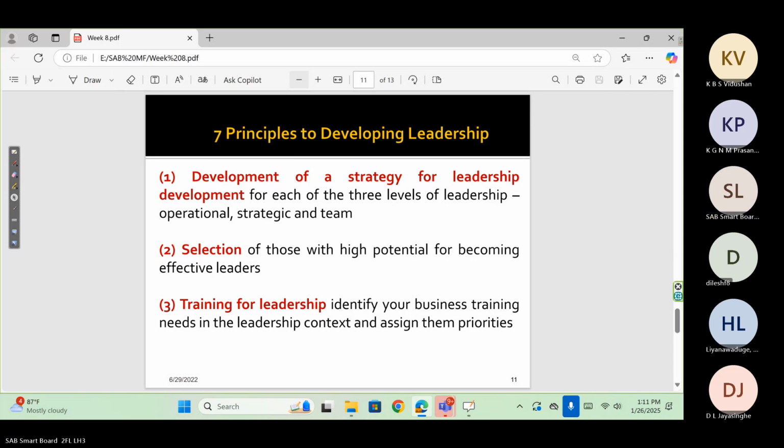Right. Second, third, mostly HR functions. The HR functions should be used to do that. What's the second one? Selection. At the candidate selection level to the organization, through interviews and all. In these interviews, evaluators or selectors should be able to identify those who have leadership potential.